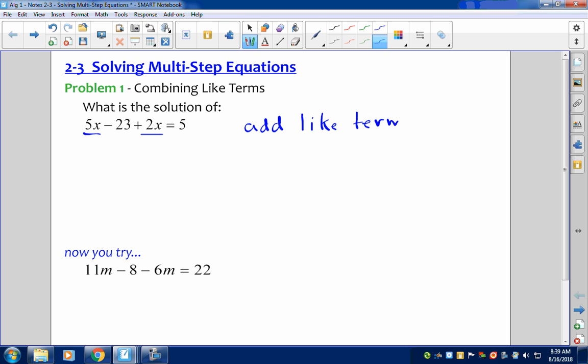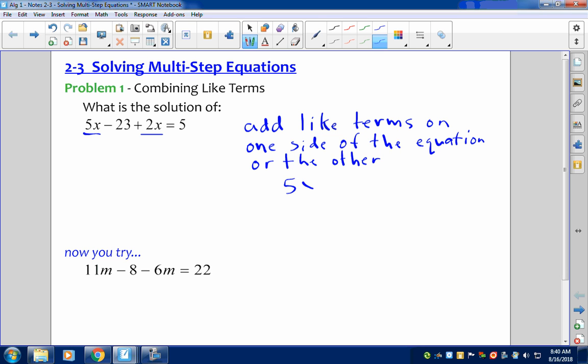And when I say add like terms, I mean on one side of the equation or the other, or both. This is not to be confused with the combining of like terms that happens when we do the inverse operation. We're just collecting the terms on one side. And what you want to make this look like is like the problems we did last time. So if I add the 5x and the 2x,